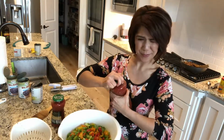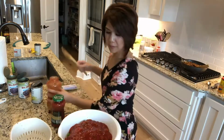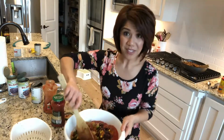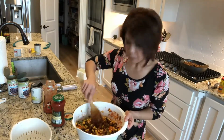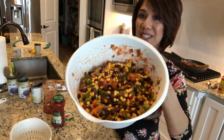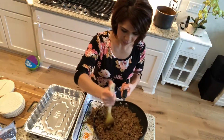So to this mix, I'm gonna add 1 entire jar of salsa. And mix it all up. Perfect. So if you take a look, everything is really gorgeous and mixed up, and we're ready to put it together. All right, so now my favorite part, putting it all together. First, we are going to start with a layer of ground meat